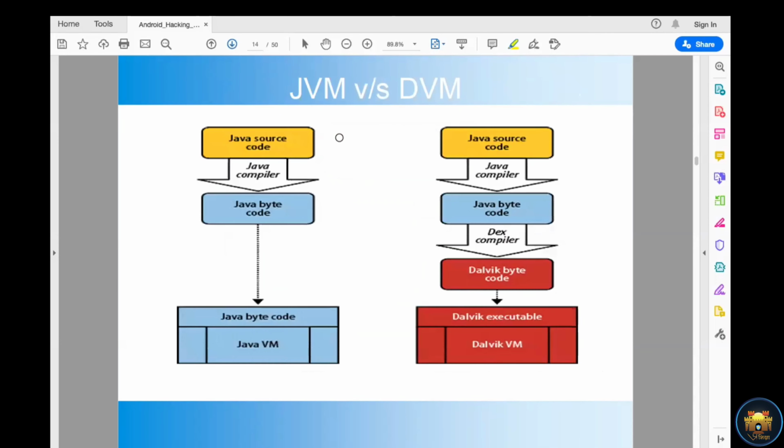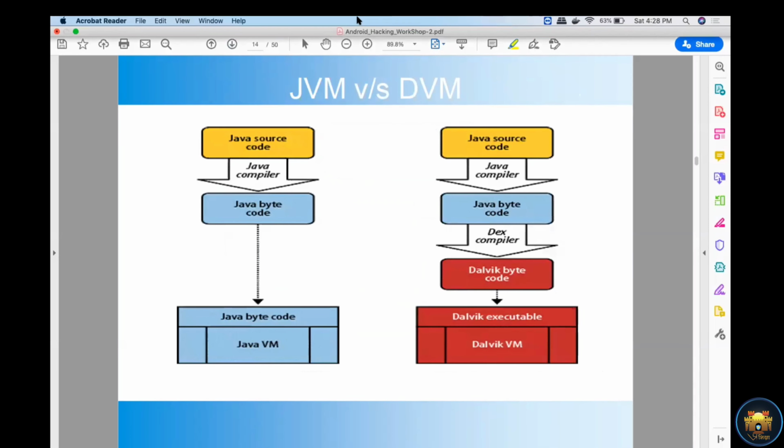Right. So here you can see the difference between JVM and DVM. Java source code uses the Java compiler to compile the code into bytecode, and that bytecode runs on the Java Virtual Machine.